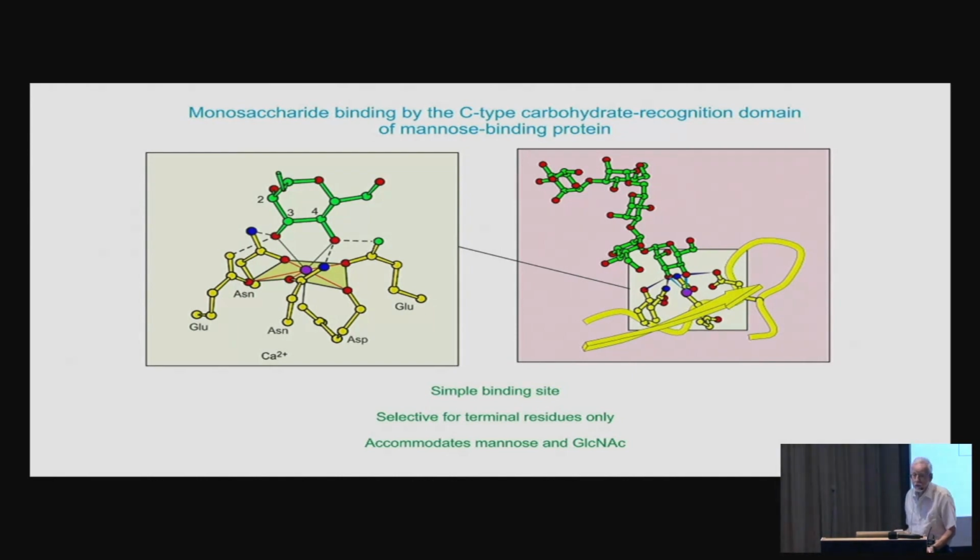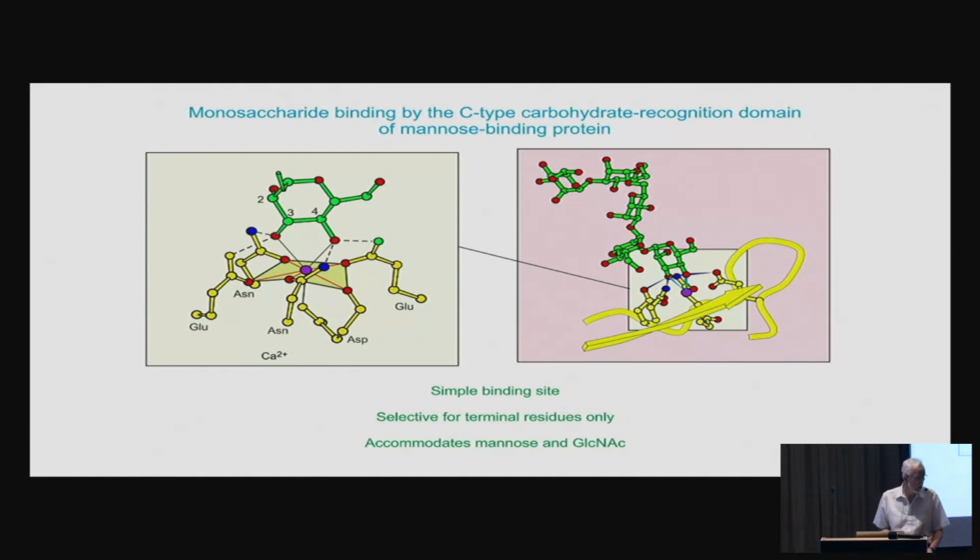But that's a pretty flimsy binding site. There's not much to it. Rather remarkable, in fact, that it is able to bind to sugar. Neither specific nor high affinity at that stage. But it works, because that is all it takes to bind to some of the C-type lectins, in particular the mannose binding protein. That's the only real interaction between the sugar and the protein, is through this coordination to the calcium geometry. So it's a very simple binding site, but it already does give you some selectivity, because the geometry